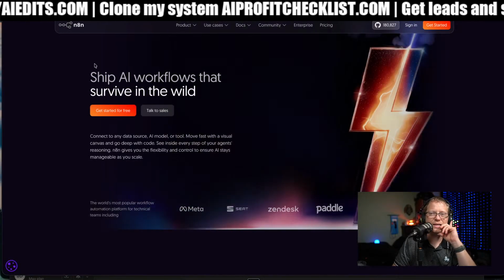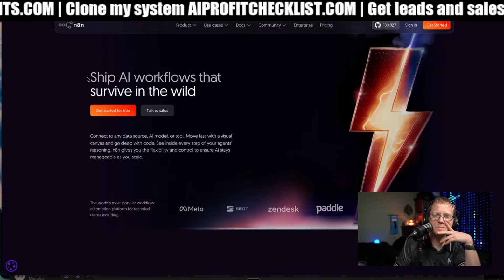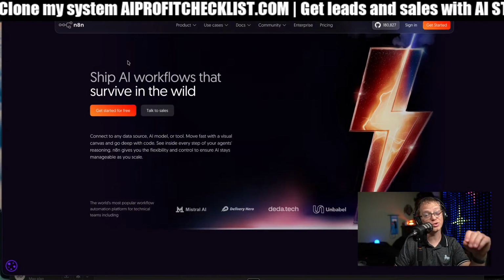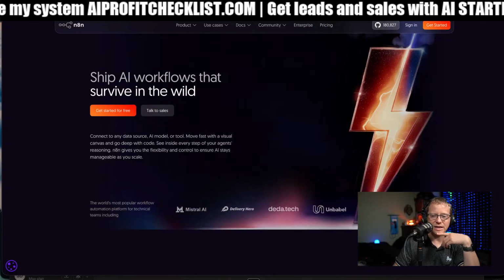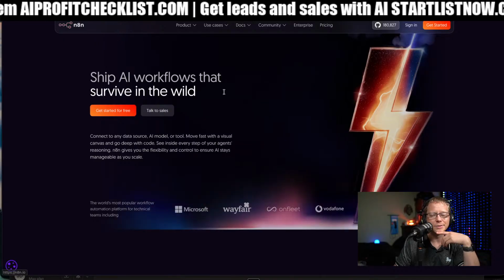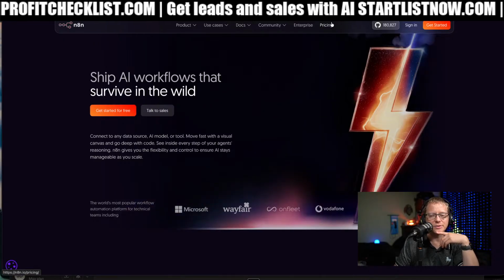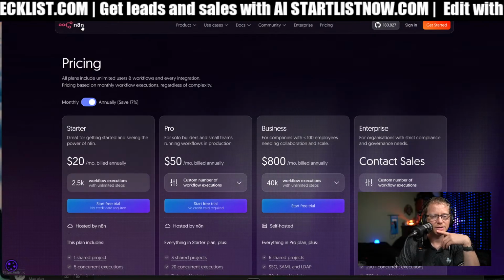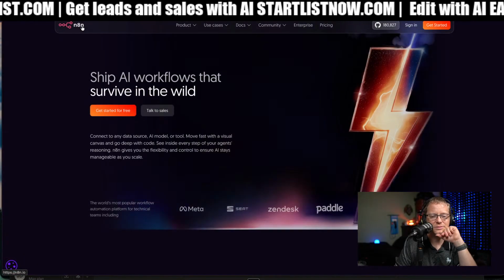So this is N8N. It's kind of like Zapier, but it's made for more AI workflows. So what you could do, and that's what it was just suggesting there, is create a whole new layer, and this isn't free. This is a service, just so you know. That's why it's a whole other bill.